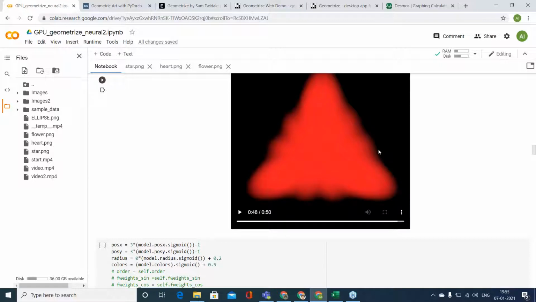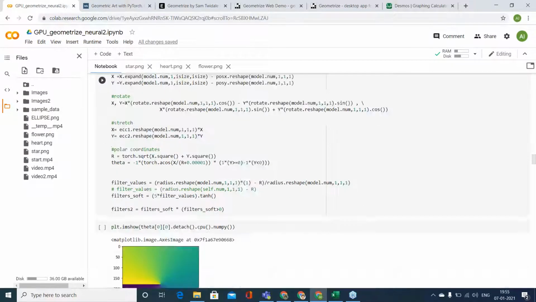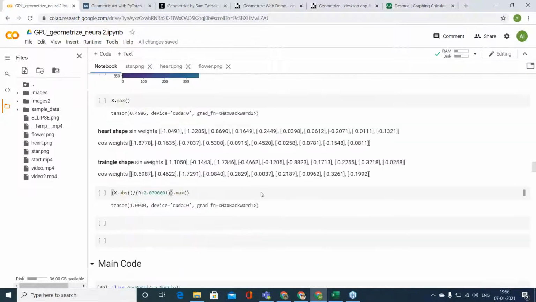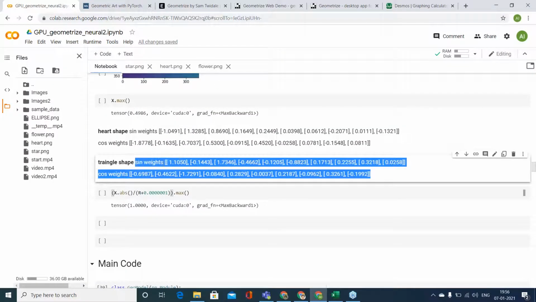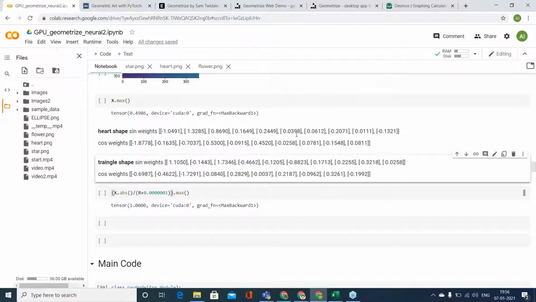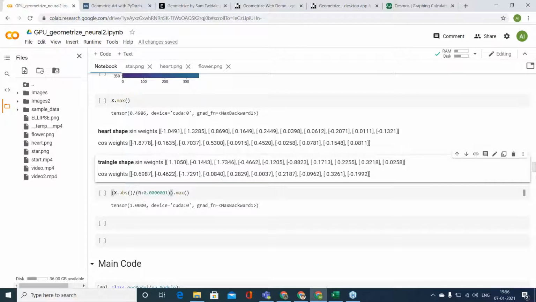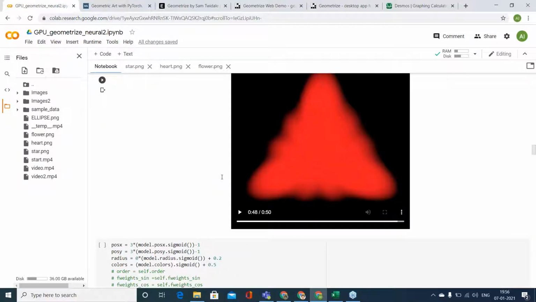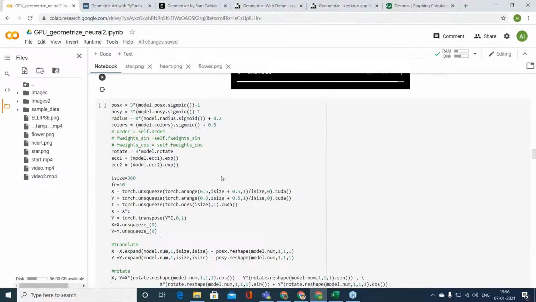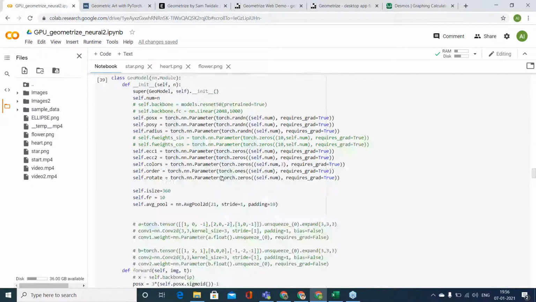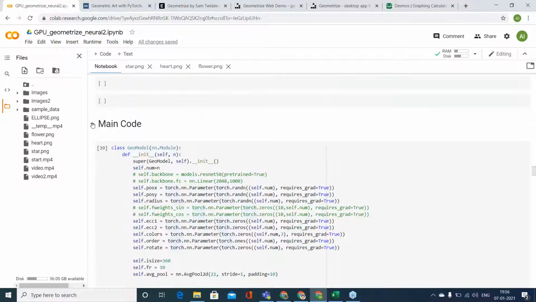Now I know the equation of this triangle, like the equation of the circle was that the radial coordinate should be less than the radius. While fitting this triangle, I have saved the Fourier series weights, right? So I can fix these weights. I won't train upon these weights. I'll fix these weights, then the image will get created with these triangles, right? So that was it.